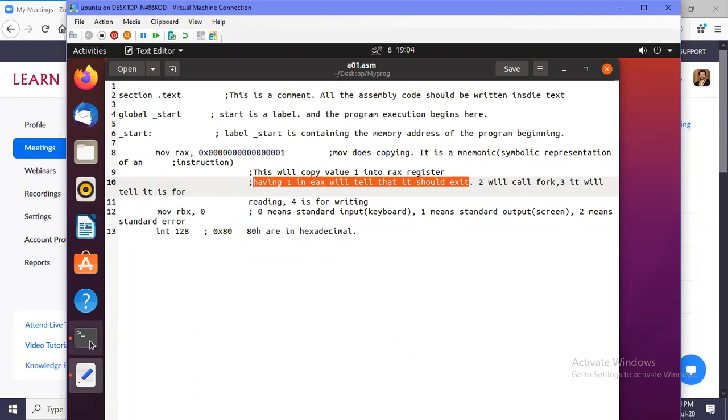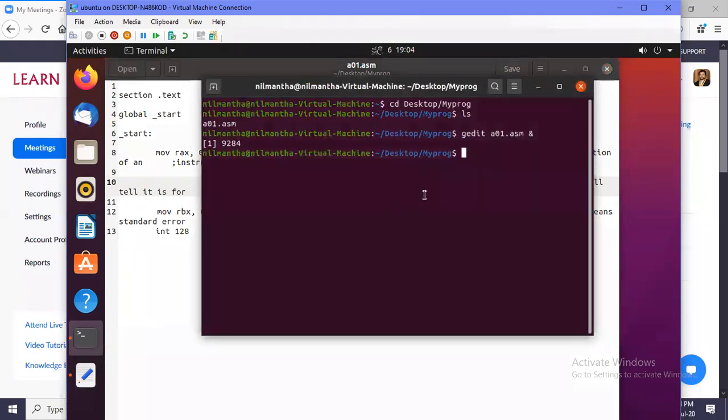So I asked you to install the NetWide assembler, and I gave you a command. So what was the command? If you don't have NASM installed, you can install it even now: sudo apt-get install nasm. Then you will be prompted for the password.